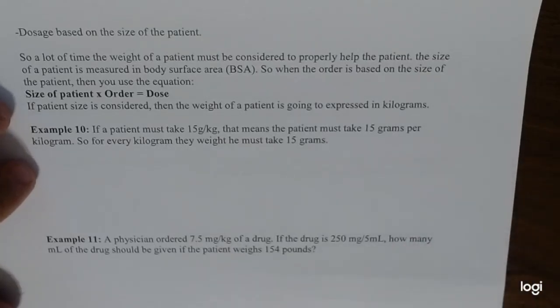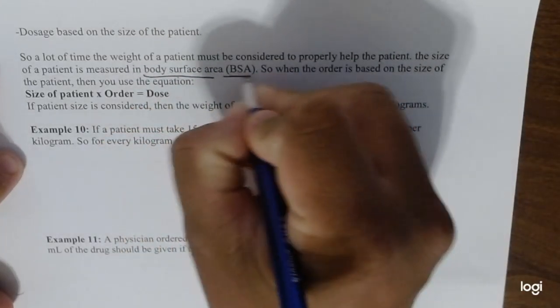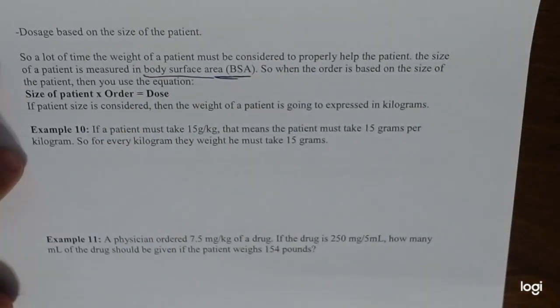So the next one is dosage based on the size of the patient. A lot of the time, the weight of a patient must be considered to properly help the patient, obviously, right? The size of the patient is measured by body surface area, or BSA for short. So body surface area. Now, the best way I can think of to explain what it means is